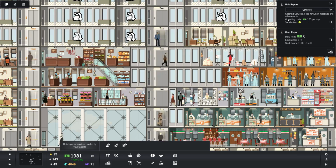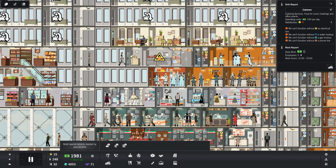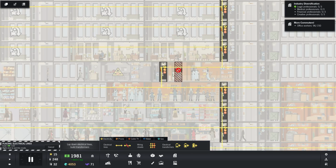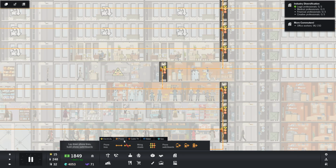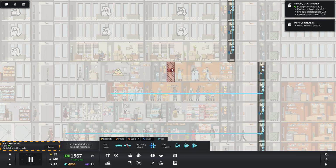Now, what do you require? Yeah, you require a lot of stuff. And that also costs $150 per day, which isn't that bad. But if we go ahead and add in, I think we need everything in here. So phone, you won't need TV, but you'll need the rest of this stuff. So water and gas, and then that should go ahead and...